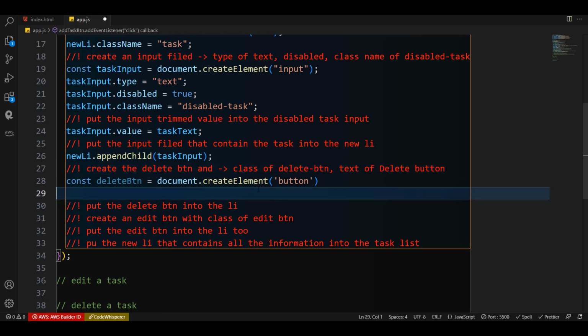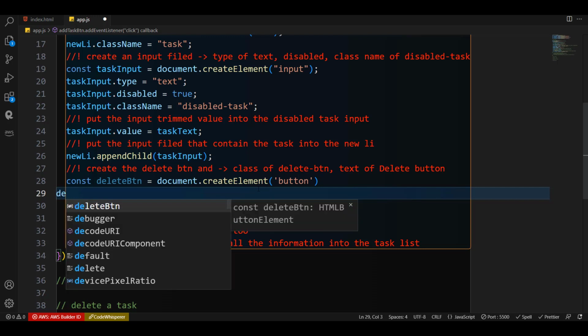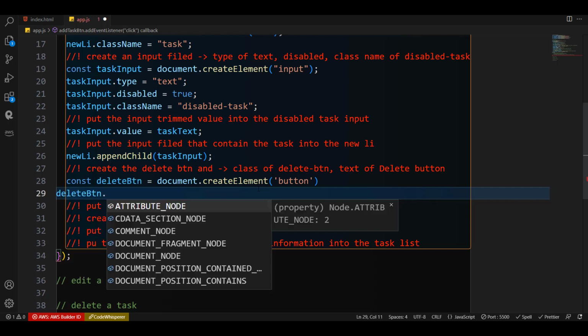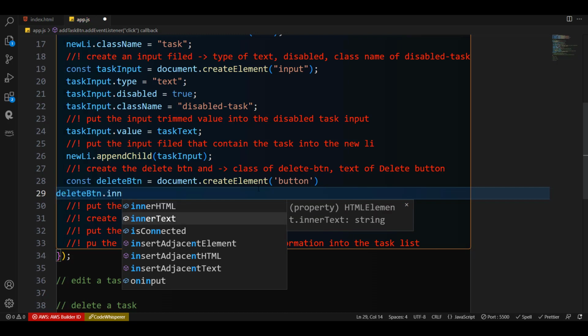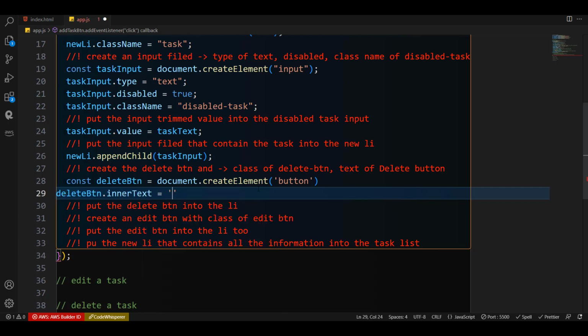So the first thing, the text on the button, right? That's the writing on the button should be delete. So you can just say delete btn dot inner text. Inner text, the text there should be what? Should be Delete